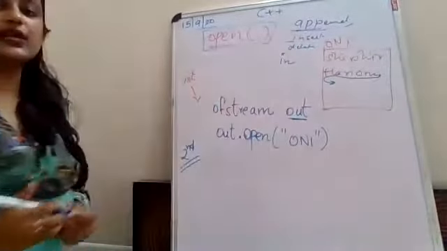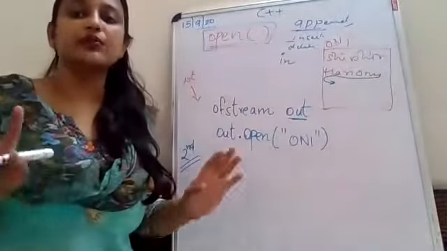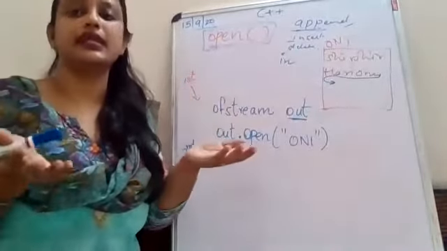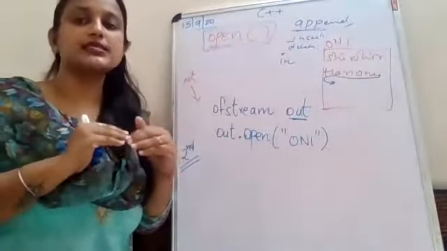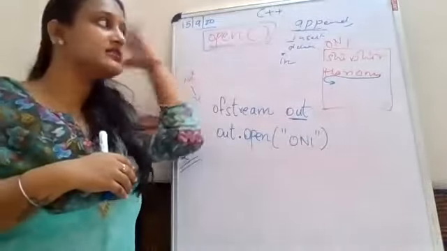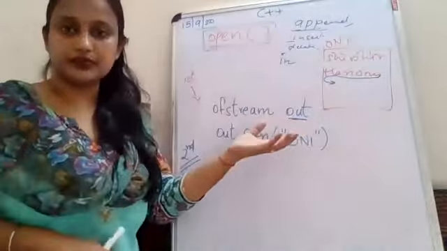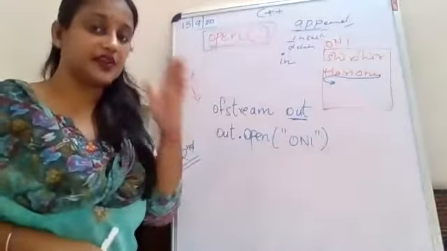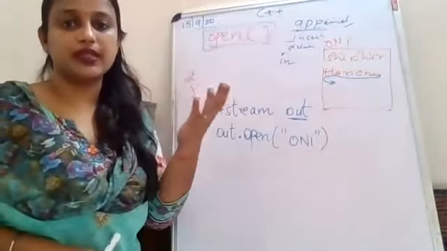Which says that you will open the file in reading mode. That means you can only read the data, you cannot add any data. There is also binary mode, wherein you can open this file in binary format. So there are almost 8 different file modes in which you can open that file.